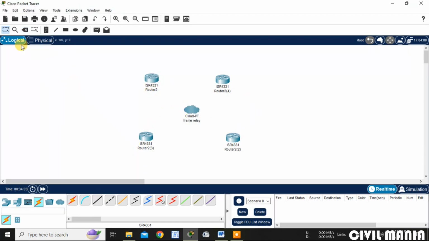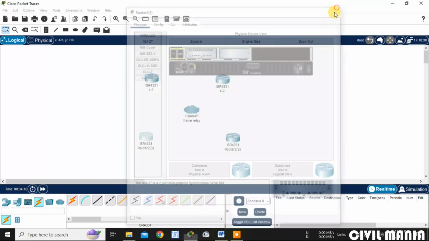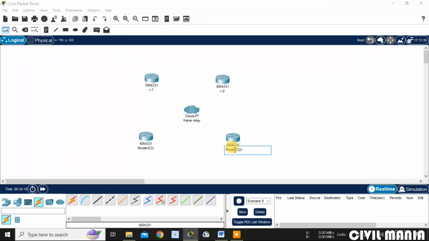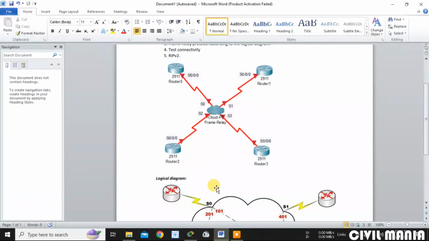Let me rename the routers. As per the logical diagram it's 0, 1, 2, 3, so I will go along with that.